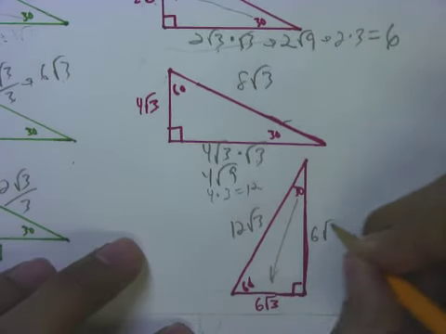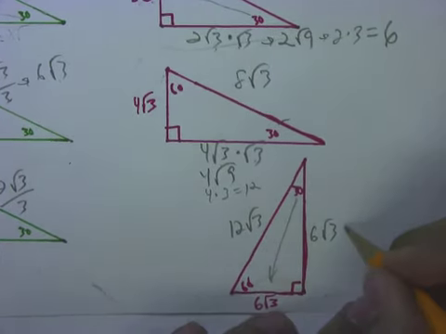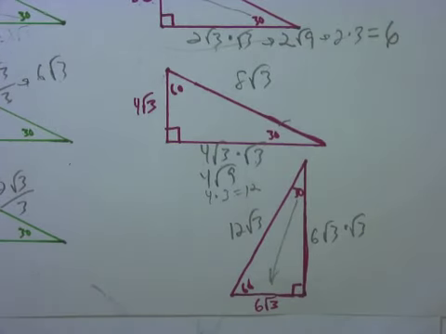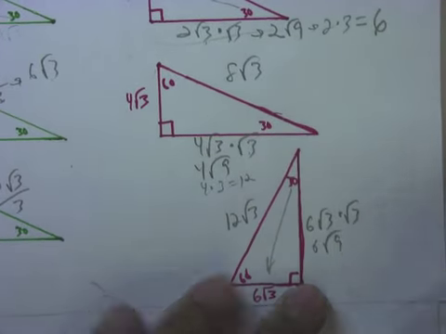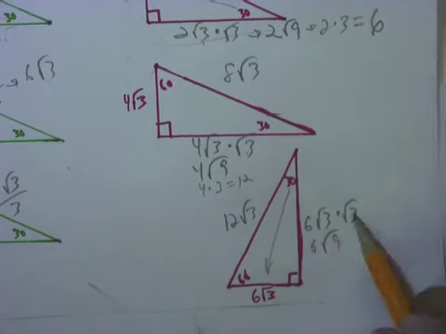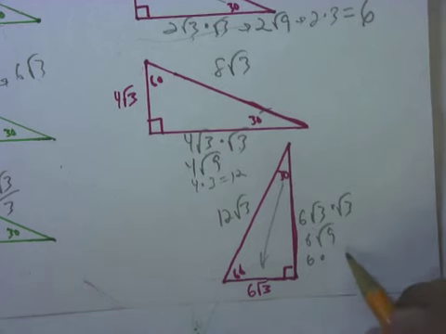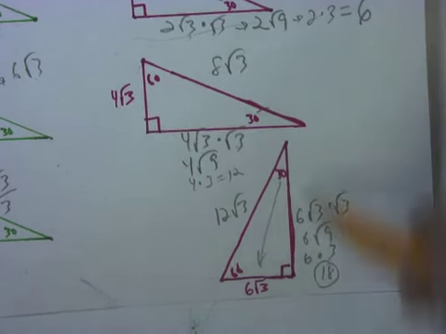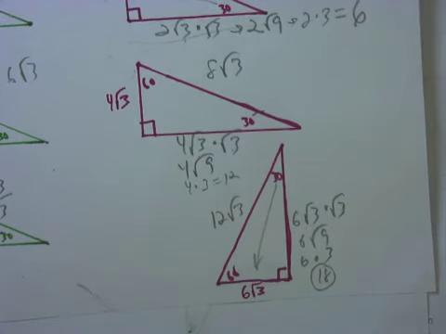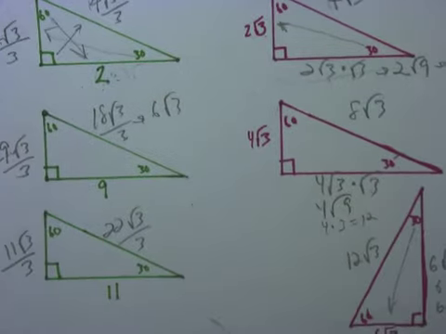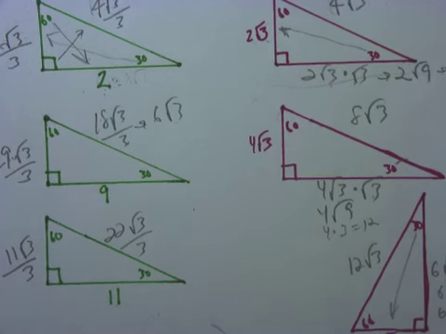And finally, here's another example. Again, here's my little leg, here's my long leg. The little leg tells the long leg, hey, you're the same as me, but you get multiplied times the square root of 3. So again, I'm going to simplify my expression by multiplying the square root of 3 times the square root of 3, which gives me the square root of 9. I know that's a perfect square, so that's 6 times 3. And 6 times 3 is 18. So the long leg is 18. And that, ladies and gentlemen, are the shortcuts for dealing with 30, 60,